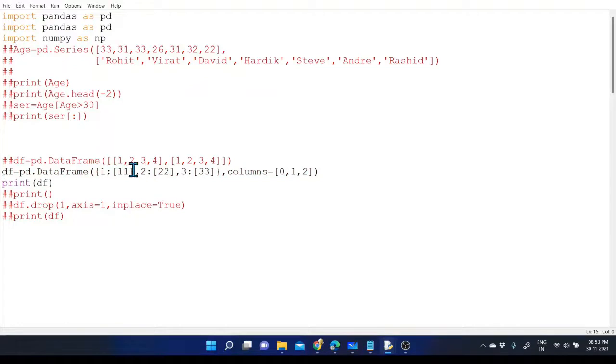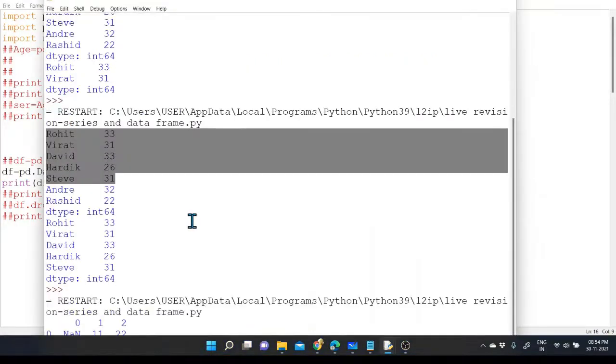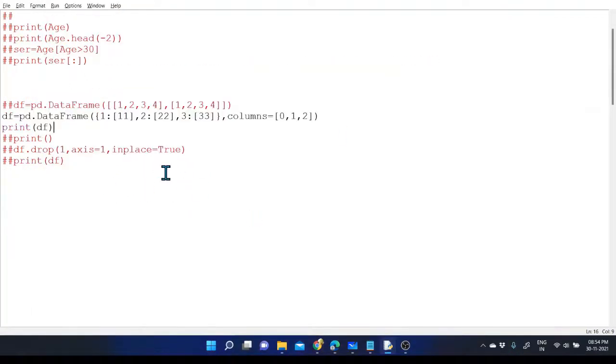So we provide 111, then 222, like that. We provided the data and we created the data frame. So we will counter check it once again. So we got the data like this. So 0, 1, so here 0, if you provide, they will provide a NaN value. So 1, then 2 and 3 that we required as the column names.